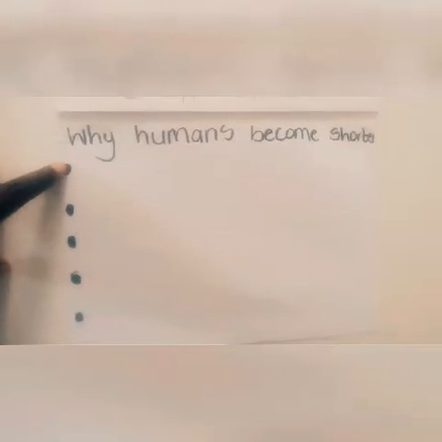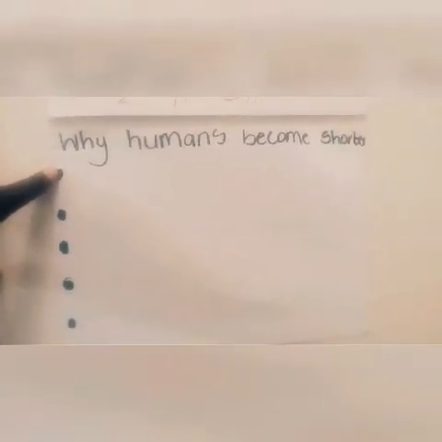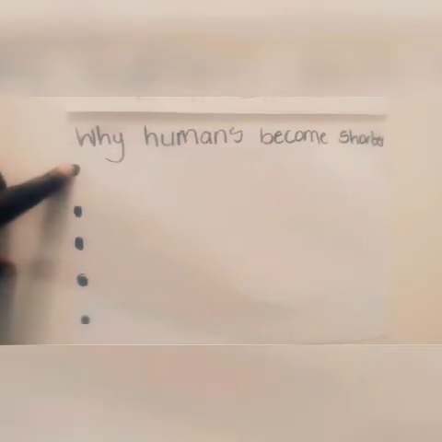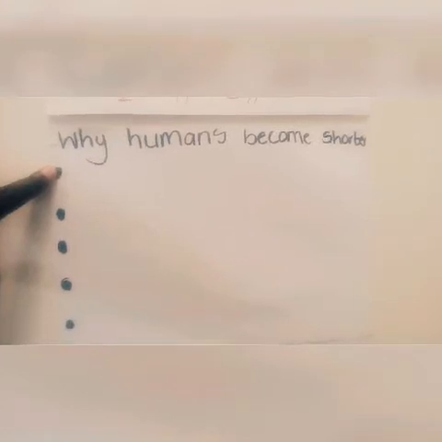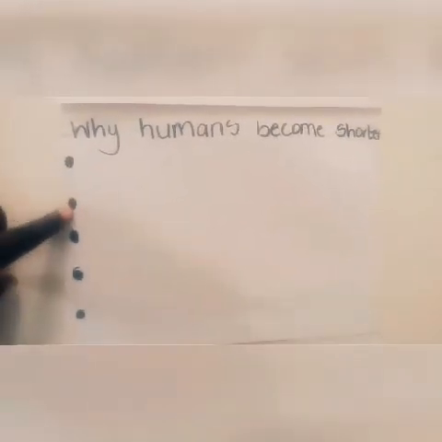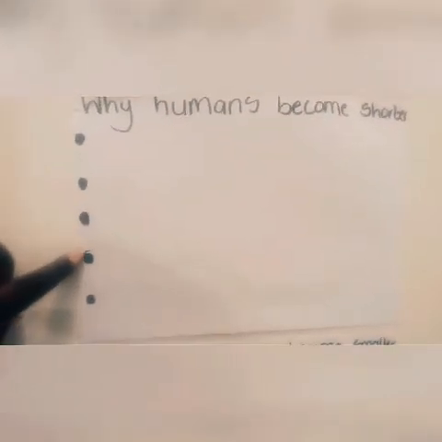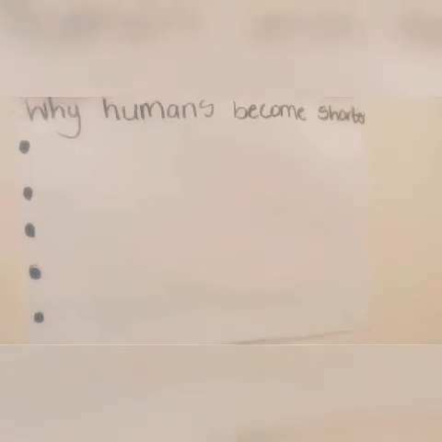I'm still referring to the previous question paper that we have attended to about humans. You are requested there to put the answers on why humans become shorter. So you have bullet 1, bullet 2, bullet 3, bullet 4, bullet 5, meaning that there you are requested to give 5 answers, 5 points. Are we together?